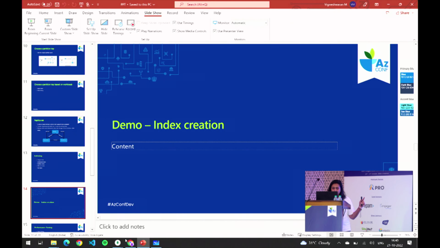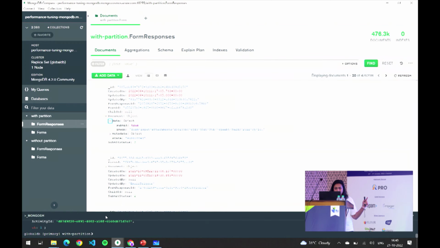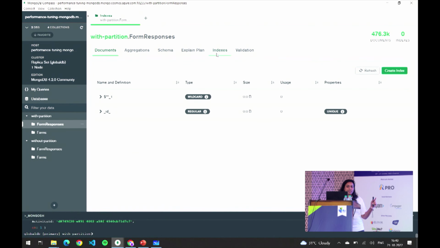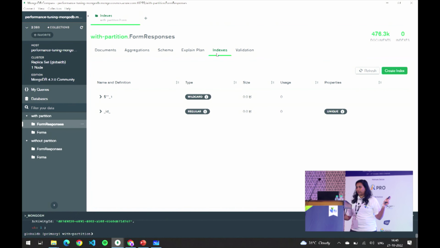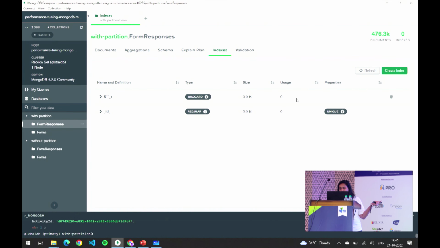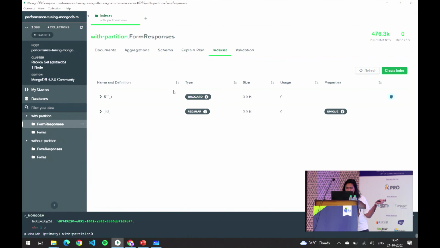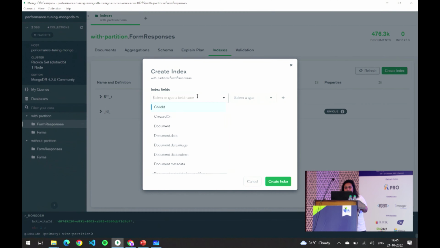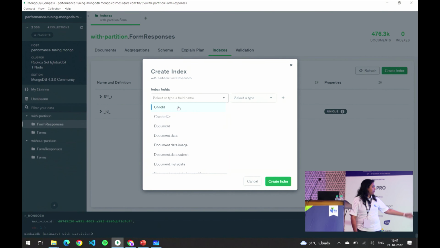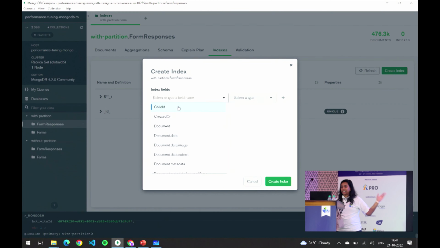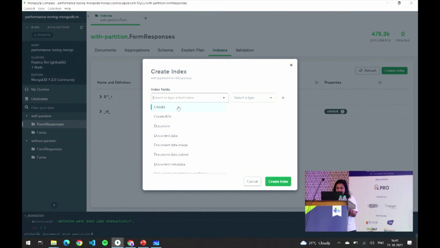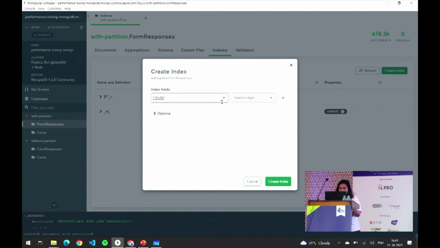Second thing is, when you have created the shard key, you have to add indexes to the collection that you create, okay. This one already has a wildcard index, so I will just drop it and create it again. So I will create an index. For example, I have multiple keys in the data, so I will just create a child key as